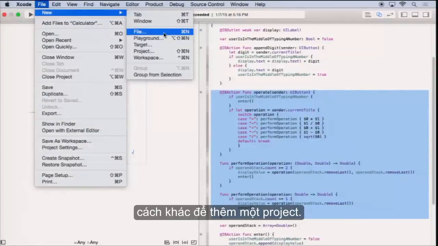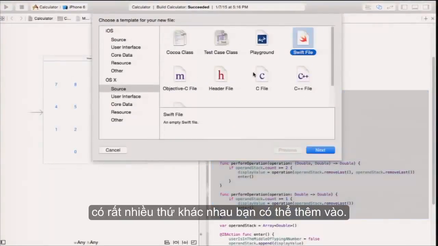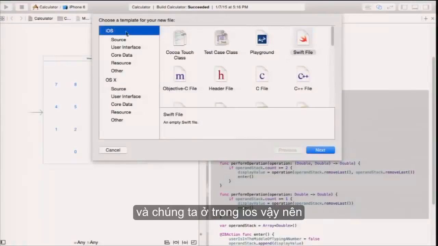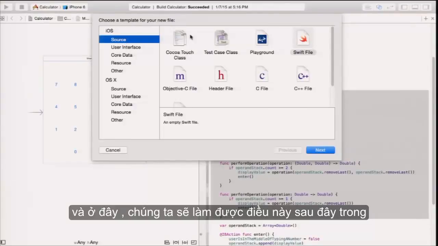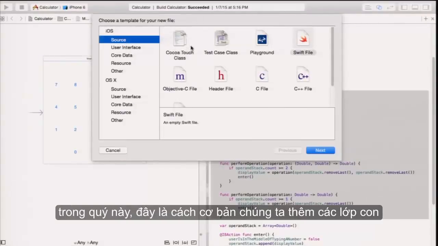So you're going to do File menu, New File for a lot of different things you're going to add to your project, not even just new classes. When you click that, you're going to see there's a lot of different things you could add. And we're in iOS, so you're going to click on this iOS thing at the top, and we want to add a source file. And over here, we're going to be doing this later in the quarter. This is how we basically add subclasses of